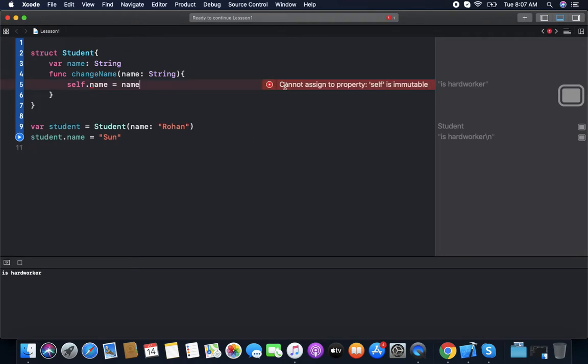You cannot assign to a property: self is immutable. Why does this happen? Because all stored properties in value types, structures and enums, are immutable. To make it mutable, we have the keyword mutating.